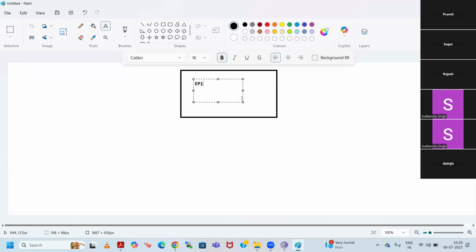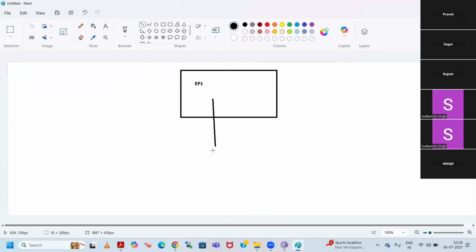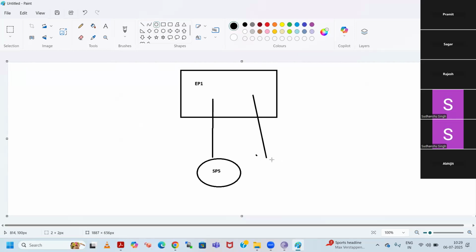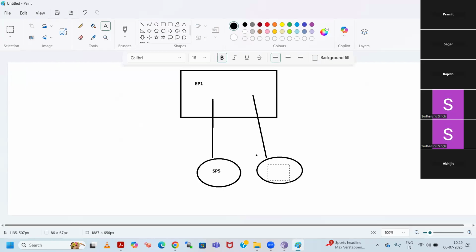Only three words, not more than three, right? Not allowed. SAP has given. So any SID you have given during the installation or whatever the customer has asked, EP1 is the SID. Now you created three tenants in that, with the SID of SP5, and your next SID is TP7, right? TP7, this is your next tenant. These are the tenant SIDs, yeah? And then you are creating one more tenant with the SID of